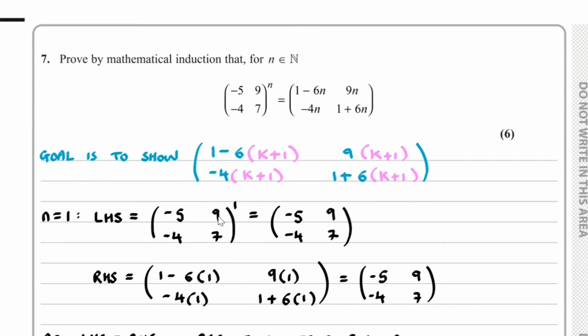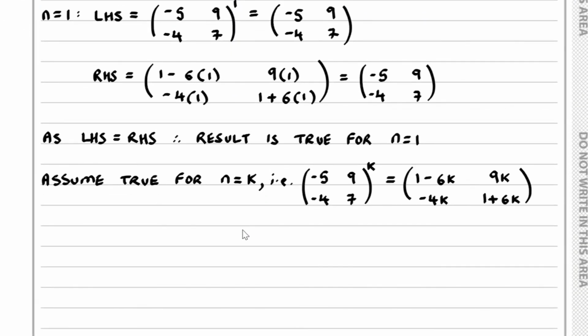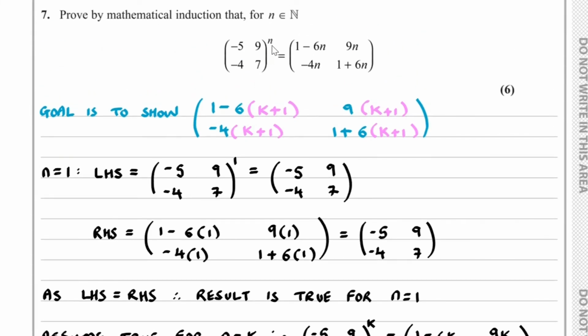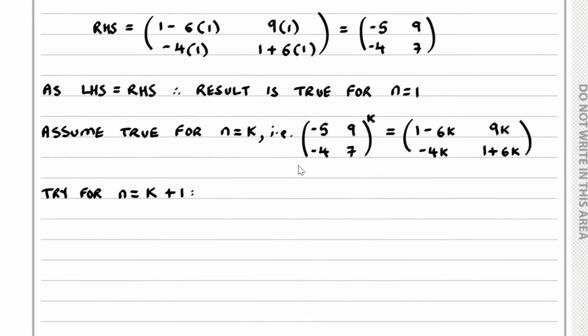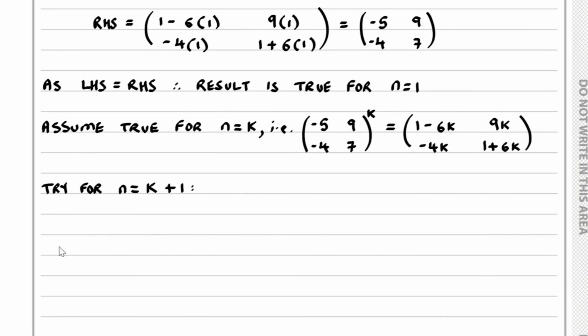And now our next step is to see what happens when n equals k plus 1. So now we will try for n equals k plus 1. We will replace the n with k plus 1, and ultimately we want to show this step over here. So if I try for n equals k plus 1,